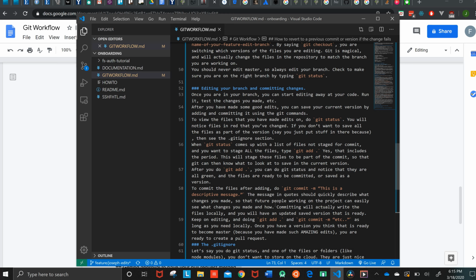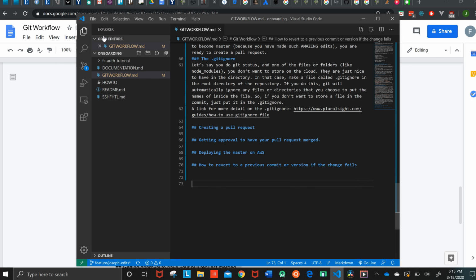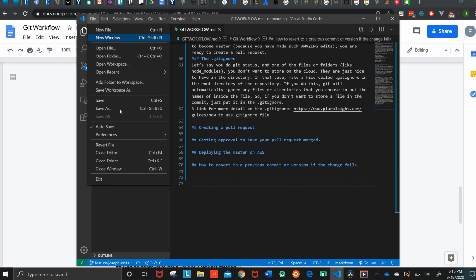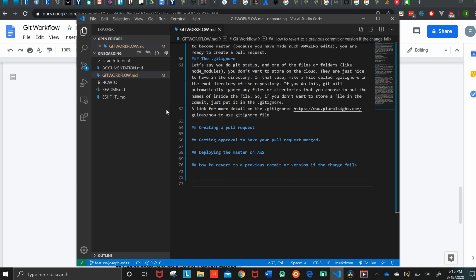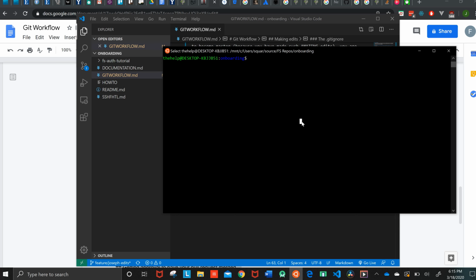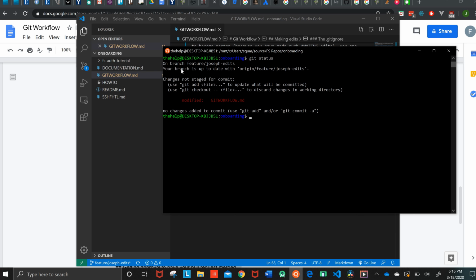But yes, okay. So here, once I've made these edits, Visual Studio Code automatically saves it, which is very nice. But I'm going to go in here to the command line, and I'm going to do a git status. See, I'm still on my feature branch right here. I've changed the branch, but see, I've modified this Git Workflow MD. So because of this,